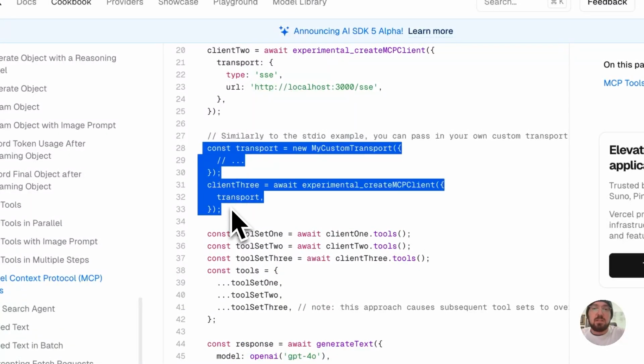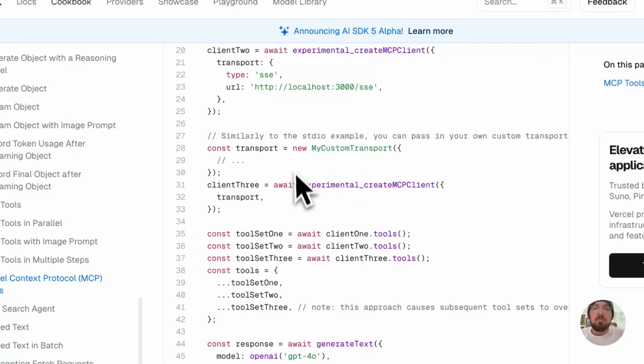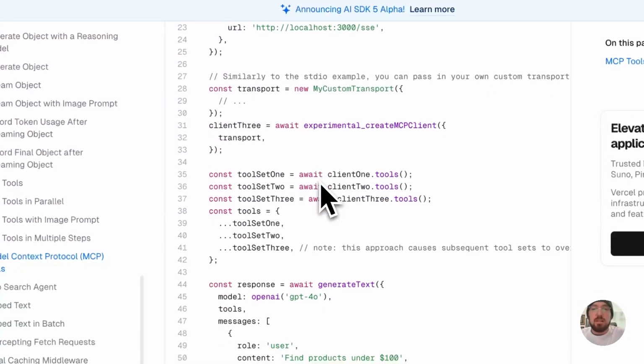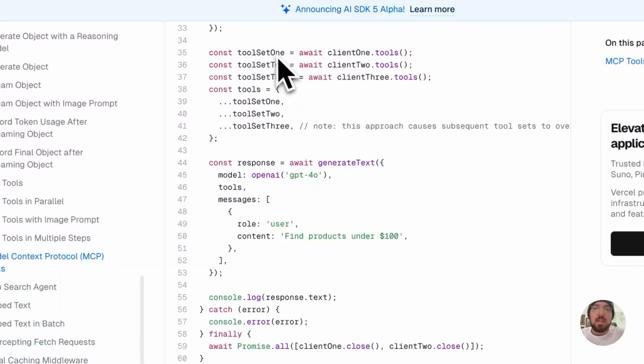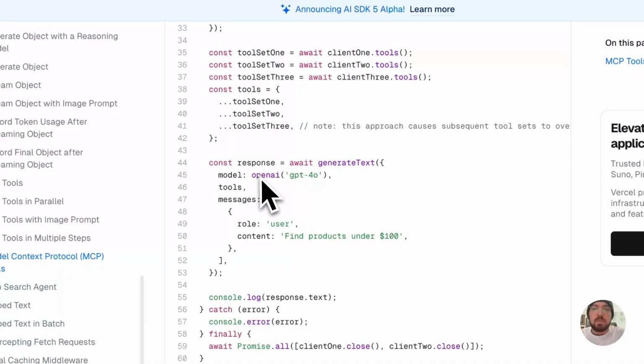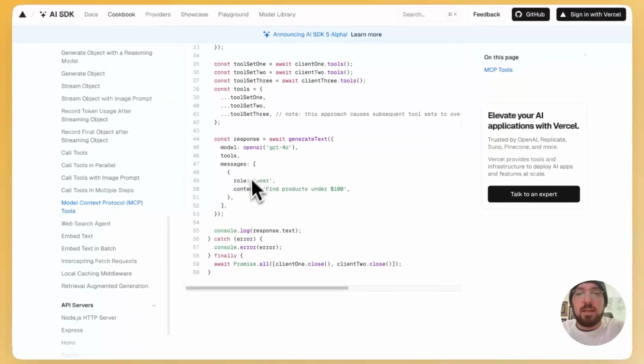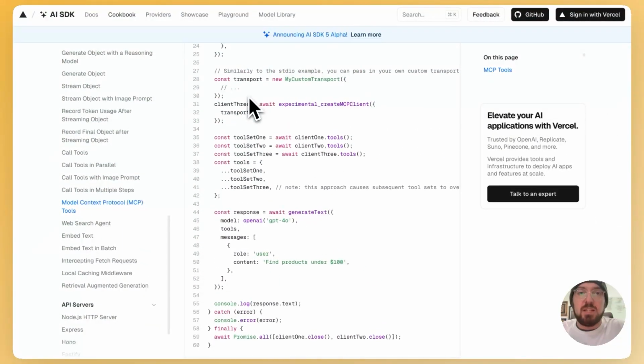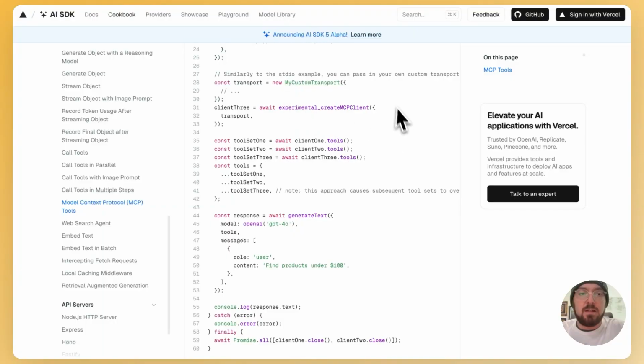You have this ability to basically create a transport, and then give yourself the ability to have tools as well as use your provider and generate text. So this is like a basic implementation, and I wanted to try and create parts of this. I'm not going to go through the entire application and setup, but we're going to actually look and see how we can implement part of this and connect it. So the first thing that we're going to do is I'll look at